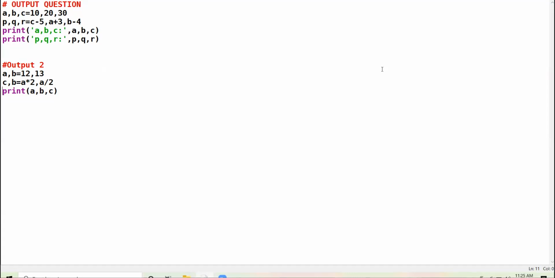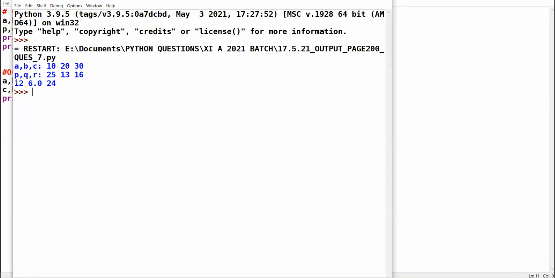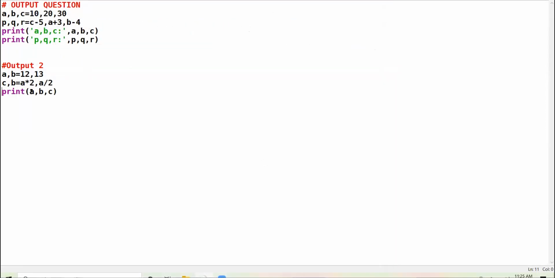And the value of C is 24. See here, this is the answer. Now see, in this question, I have not given anything in double quotes. Only direct variable names are there, so direct values will get printed. Am I clear? Today's lecture is thoroughly clear to everyone.